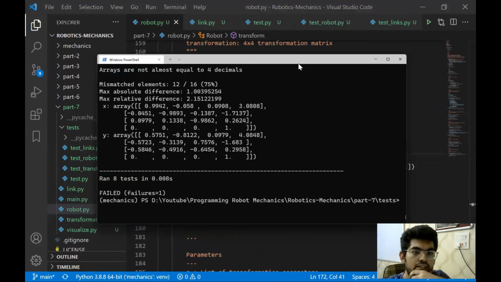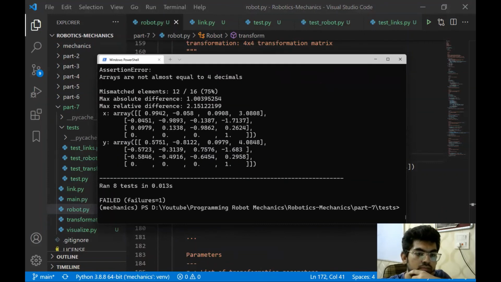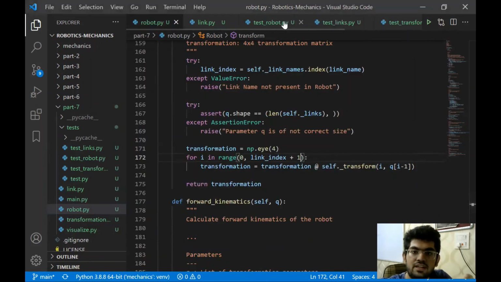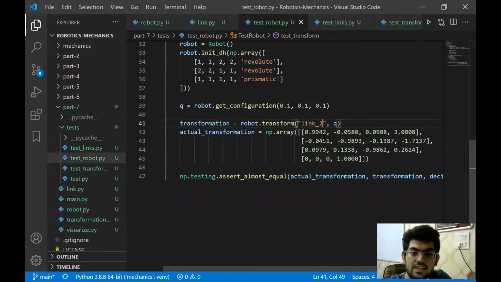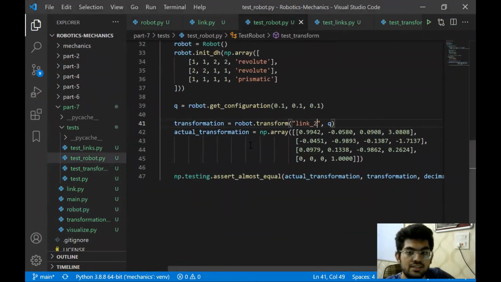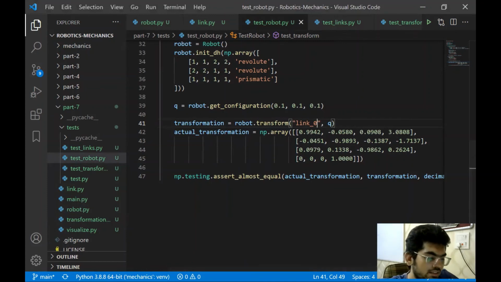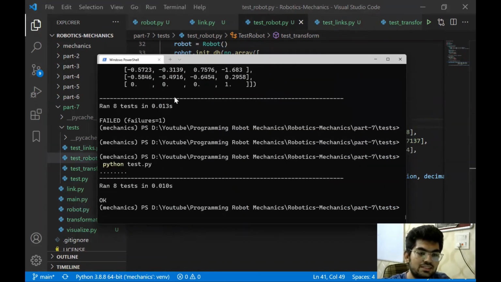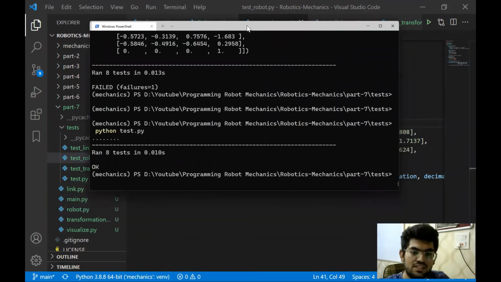Let's just try it and let's see what we get. Oh, right. Now 3.0. Oh, what we have entered in the test is this link 2. Now let's enter link 0. And what I saw, right, link 1, because that is what we wrote for earlier. If this will work, it means the test is working, and it does work. So it is working right now.